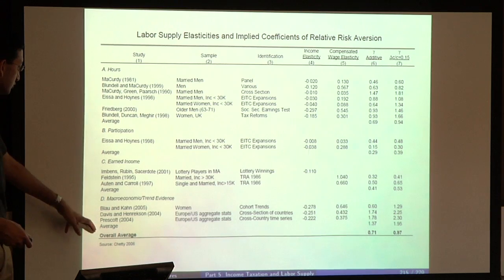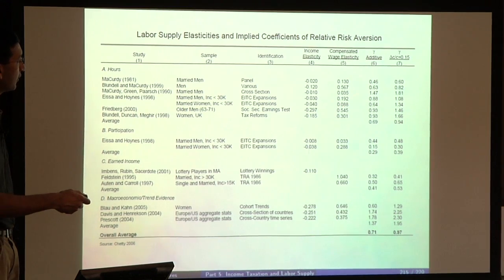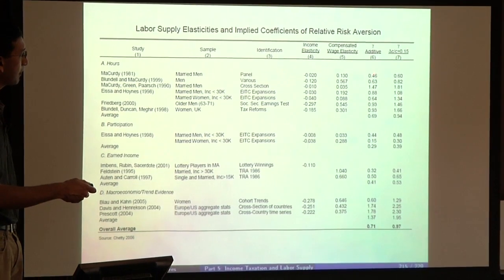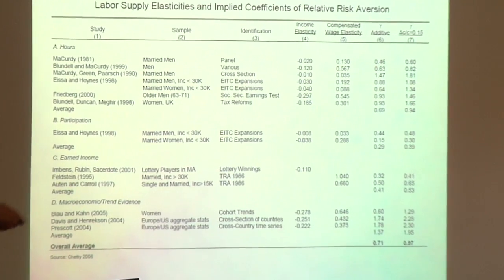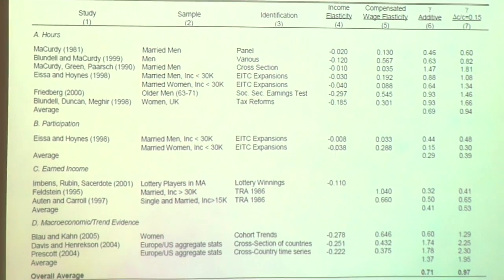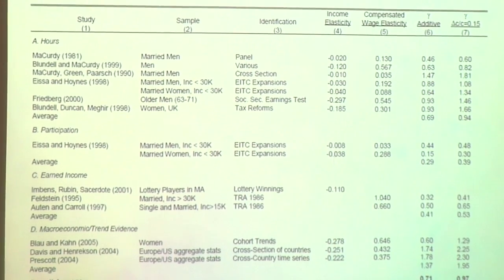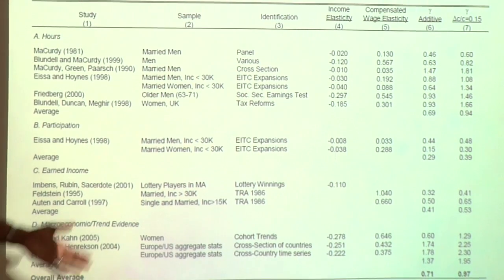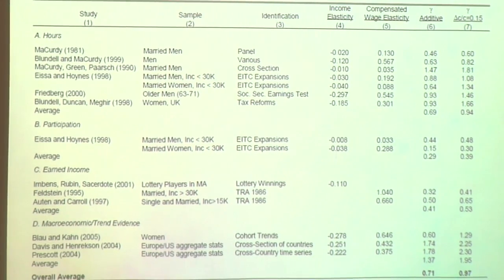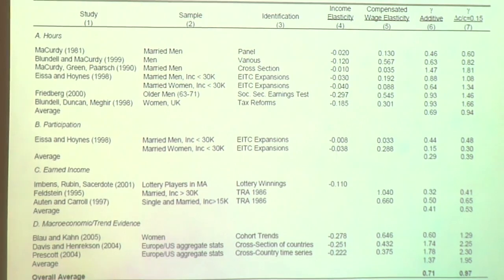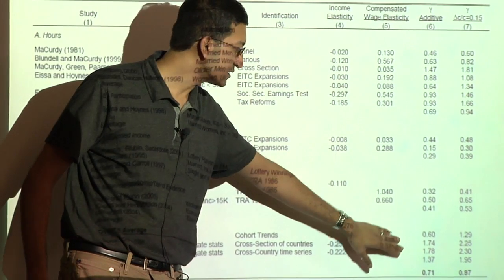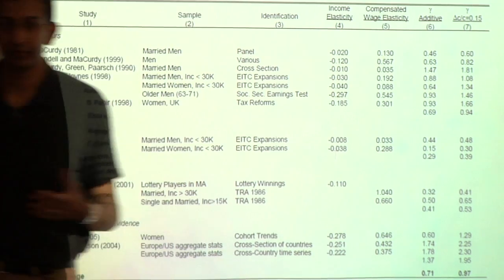Again, I take this usual set of studies, and then I can calculate an estimate of gamma under a couple of different assumptions about that complementarity. And basically, exactly as I was predicting, across all of these studies, no matter what estimates you use, those elasticities hover around 1, basically.